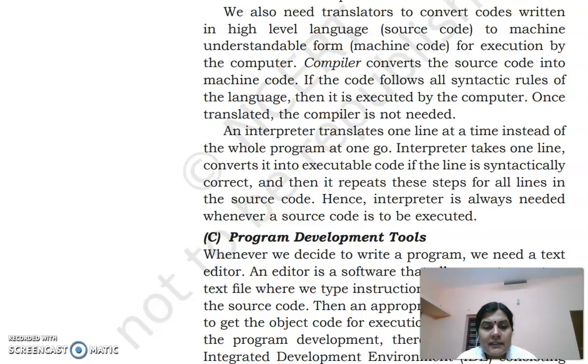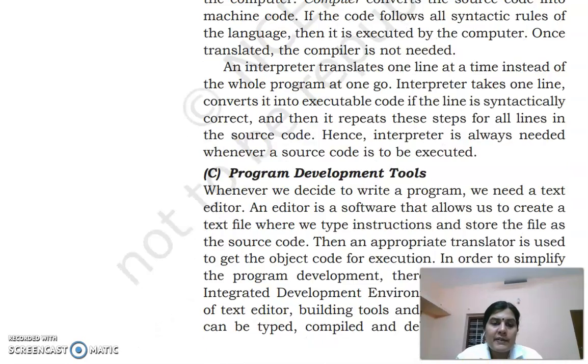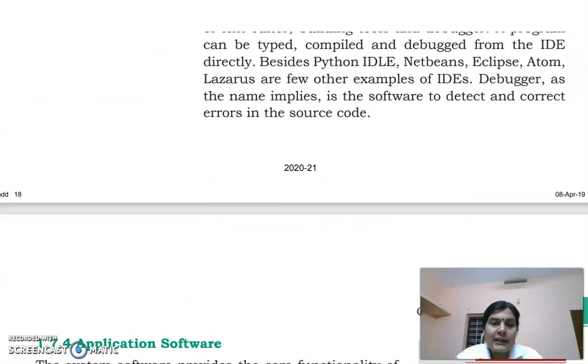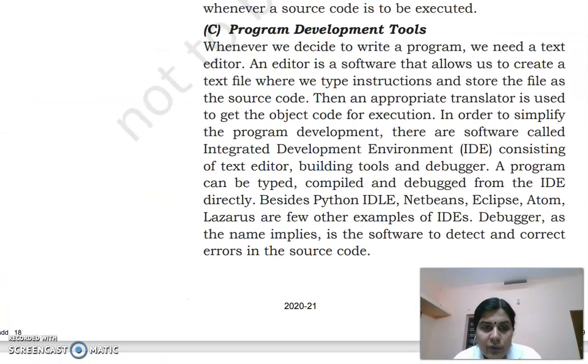So an interpreter is good for checking errors. If the line is syntactically correct, only then will the next line be executed. That means line by line checking takes place. Both are used for converting high level language to low level language; the difference is in the form of working. In a compiler the whole program is converted to machine language, but in an interpreter line by line execution takes place and errors are displayed at the same time, when a line is executed. Our Python is an interpreter language.